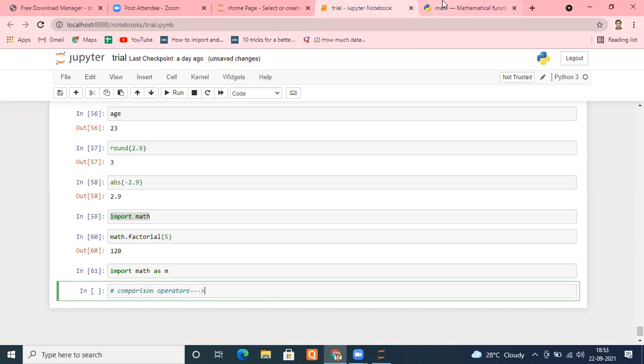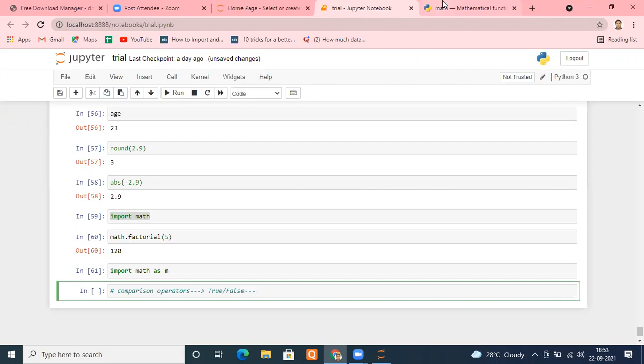Whenever we want to compare something, we use comparison operators, and they result in only two outputs. Either it will give true or false, depending upon whether the condition is true or false. The output of comparison operators will always be true or false, nothing else.